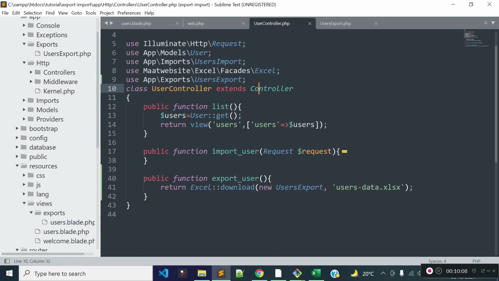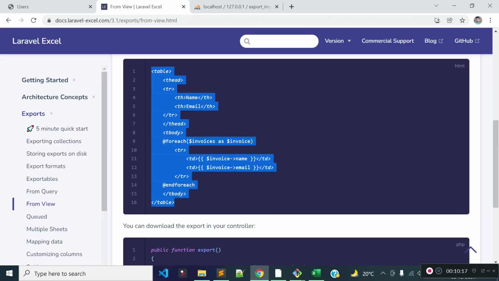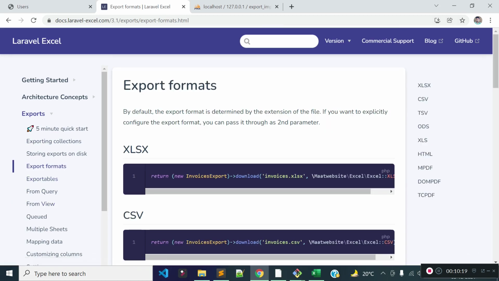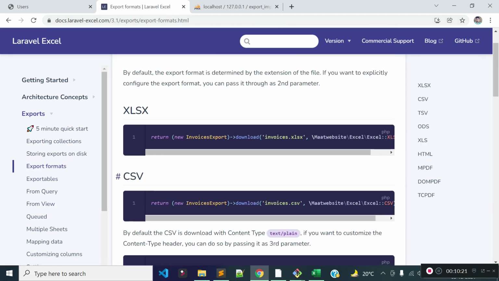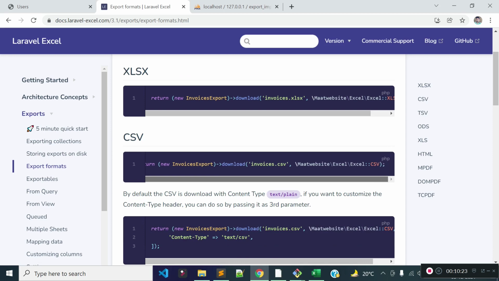Now if we want to change the file extension, how can we do it? So let's click on this export format link inside the documentation, and you see we can change the file extension with this.